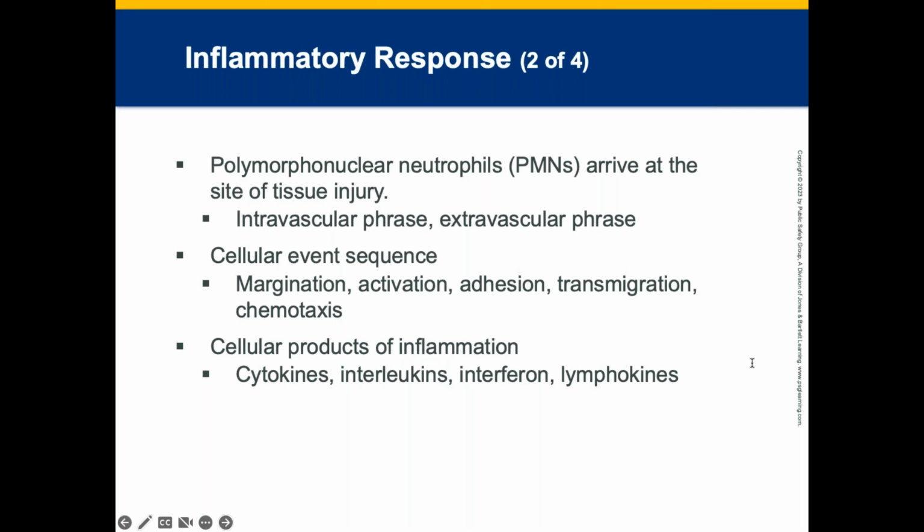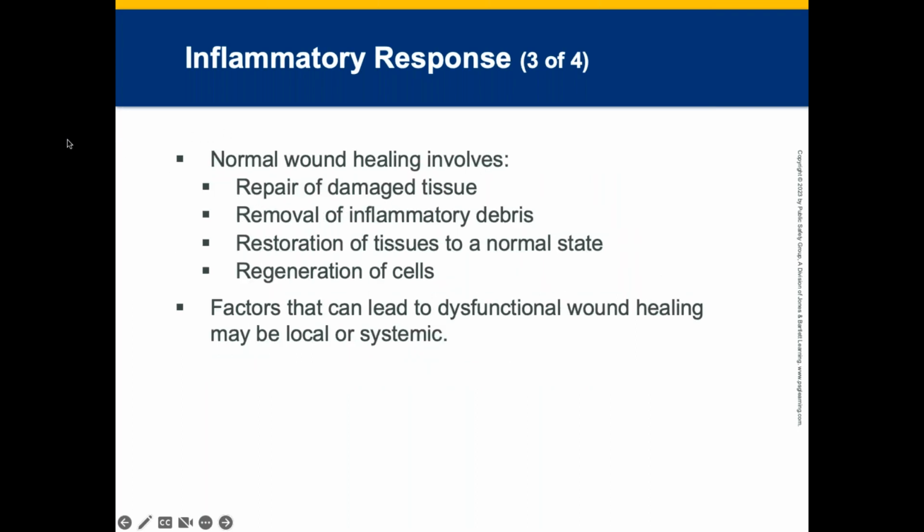Cellular production would be the cytokines that are produced in the cells that affect the function of other cells, like monocytes release monokines, lymphocytes release lymphokines, and so on down through. So we start seeing that inflammatory response, in hopes that we can see reduction of the area that's inflamed, depending on whether it's full body, widespread inflammation or more localized.